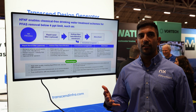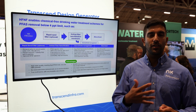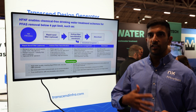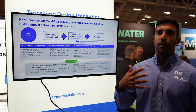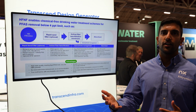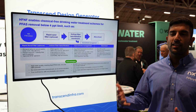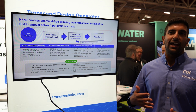So the Transcend tool is going to allow you to enter the specific PFAS composition of your wastewater or drinking water, and allow you to see how the hollow fiber nanofiltration membrane is going to remove that PFAS and give recommendations on potential post treatments. What makes the hollow fiber nanofiltration appropriate for these PFAS treatments is that it's a physical barrier to PFAS, and